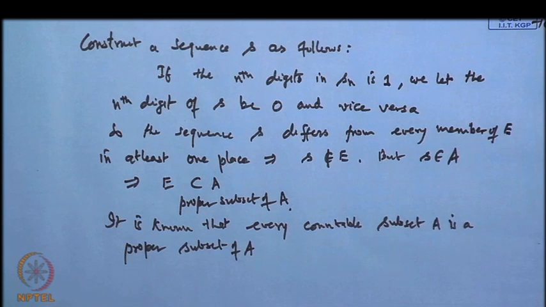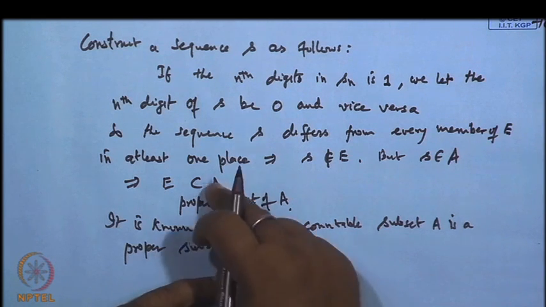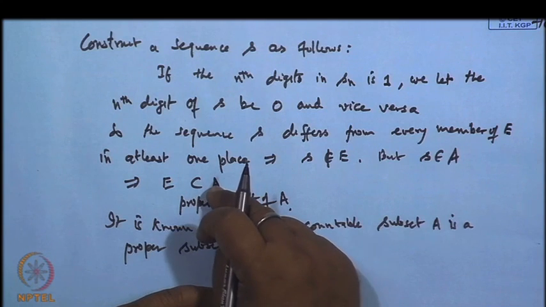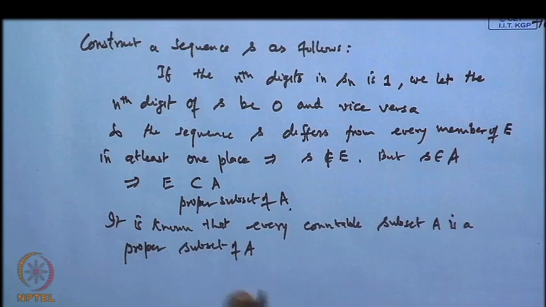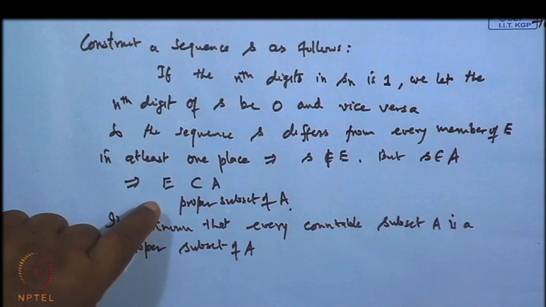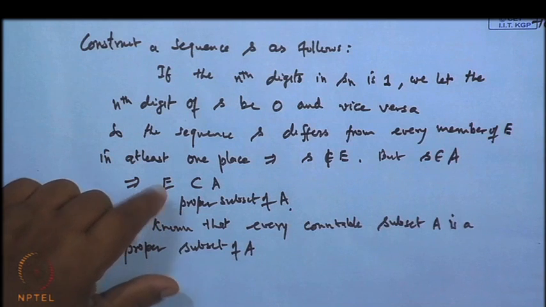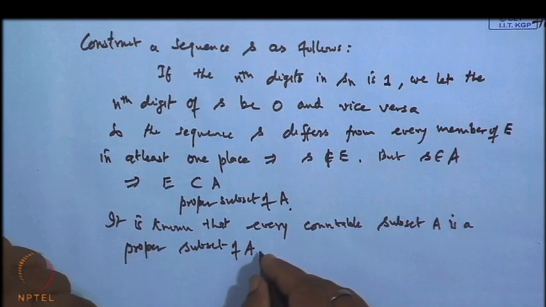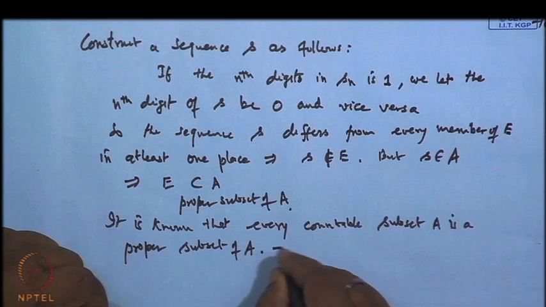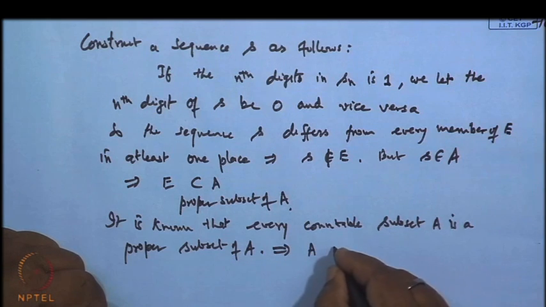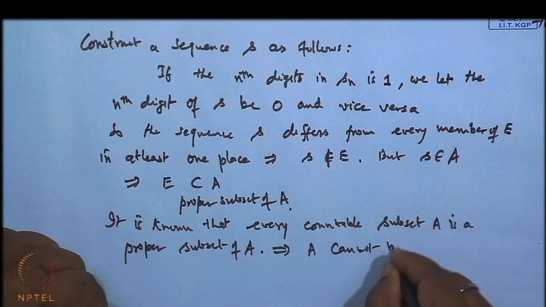Every countable subset of A is a proper subset of A. So, A cannot be countable, because as soon as A is countable, then the subset which you are getting must be proper. So, this implies that A cannot be countable,